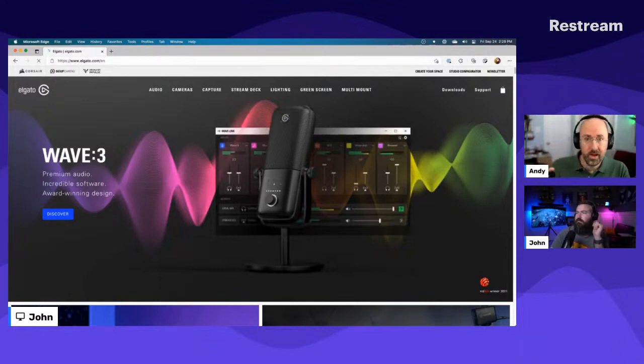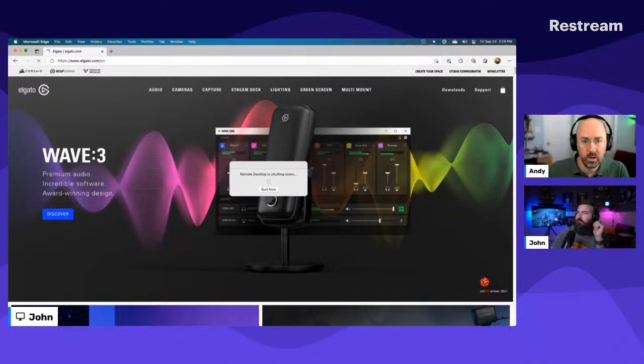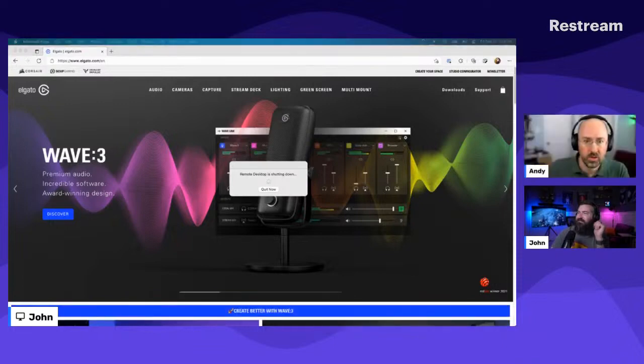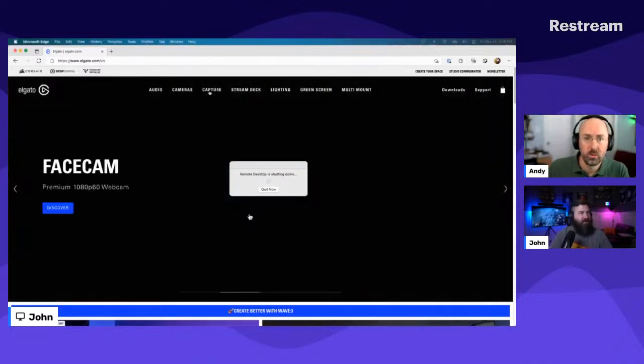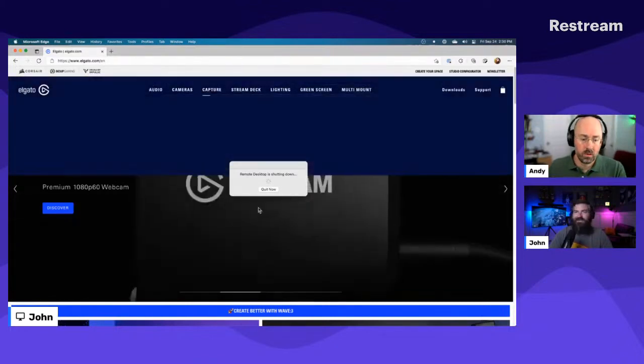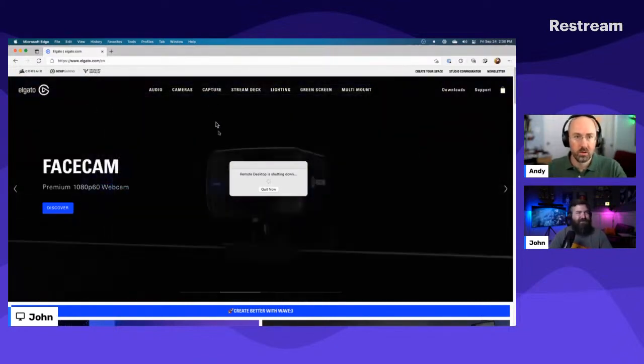With that, there's a couple caveats. Depending on the device, you might not get a clean signal out of it. So I'm going to try to show you. Let me see if I can switch my camera over. I was trying to show the capture card on the Elgato website too, but it's loading so slow.